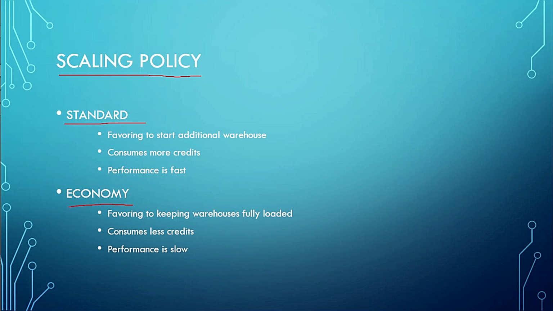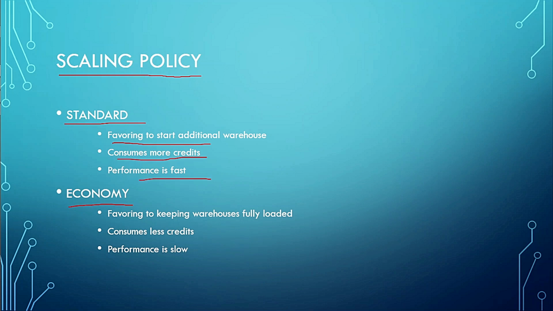The standard option is more favorable to start additional warehouses whenever the system detects a new query in Snowflake. For example, if the current warehouse is busy with existing query execution, and a new query arrives in the queue, then the standard scaling policy will automatically allocate a new warehouse for the new query execution. Hence, the standard option consumes more credits and gives faster performance for query execution,